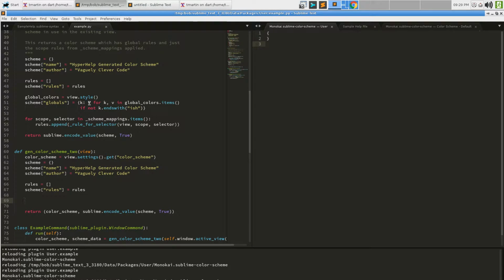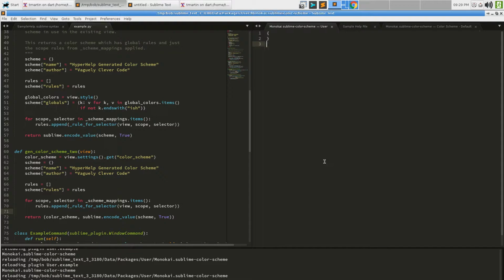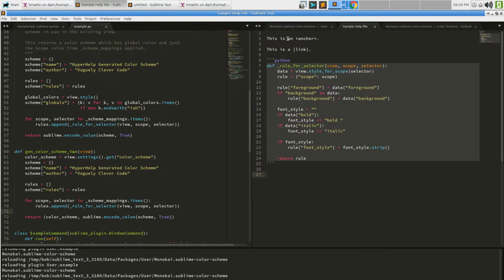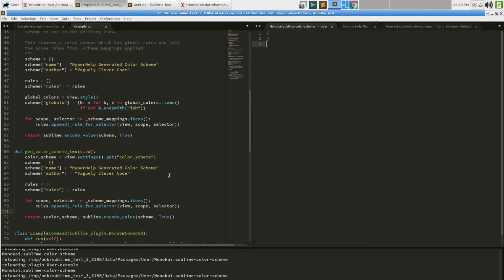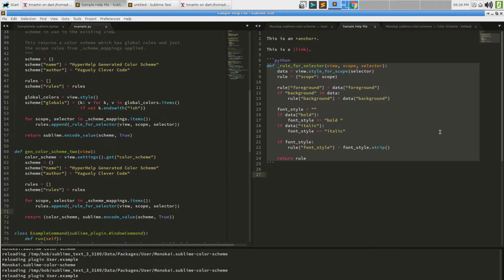Now, one thing we could do is literally, we don't need a global section because we are inheriting. So we could just grab this, right? And we could throw, whoops, this in here. And now, as we can see, help file, that's white, that's colored, that's nothing. When I run the command, there is the color scheme that I've generated, and there it is working. So this is something that we could do.